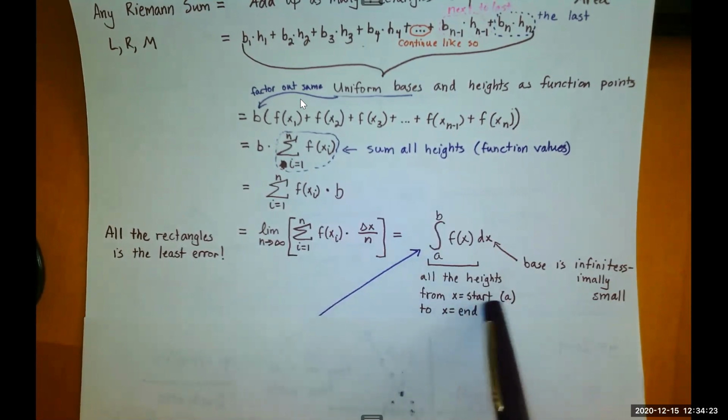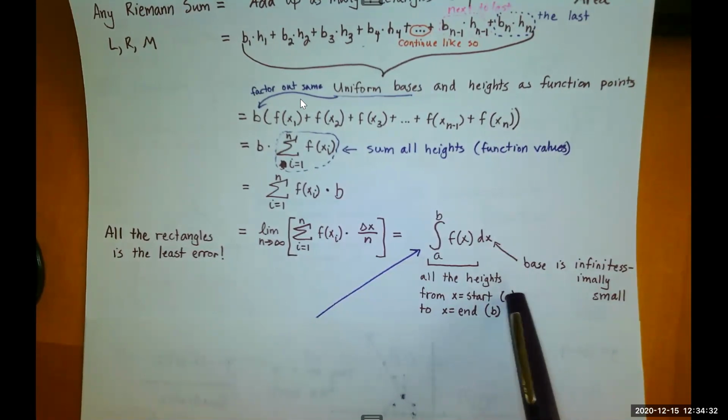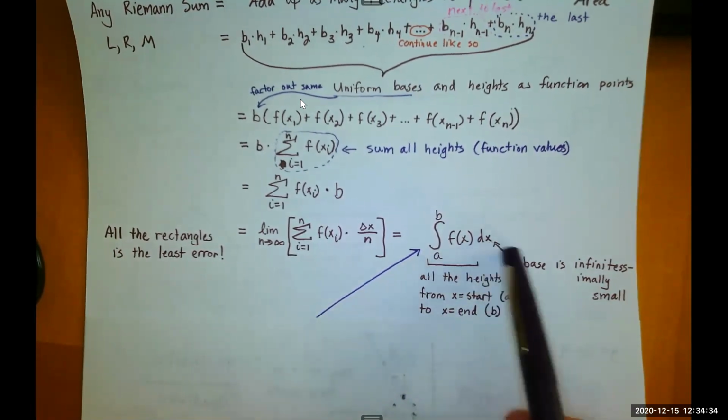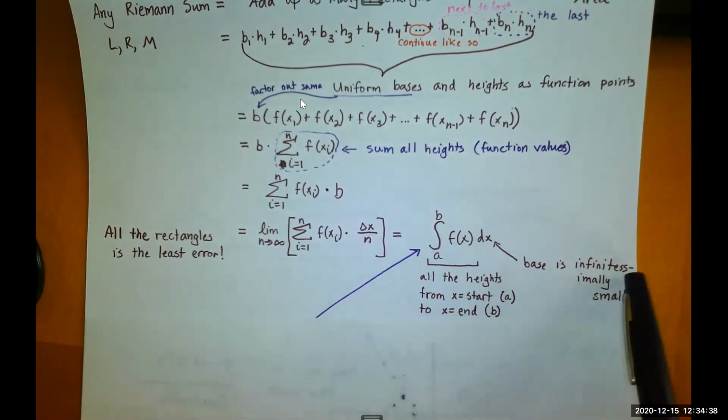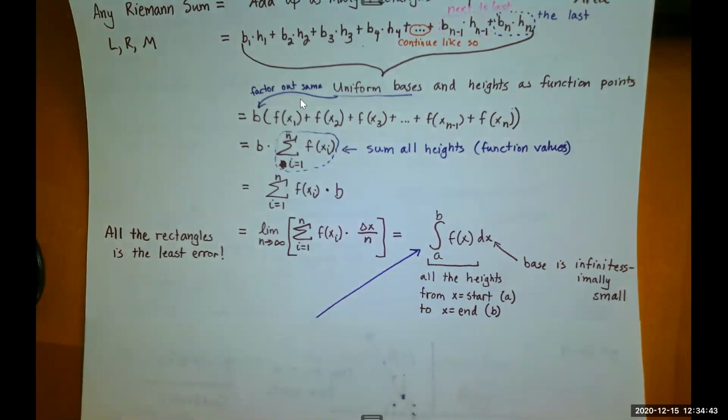We have A on the bottom, B on the top. A is the starting x value, so in the example I was just making up, 1. B, 8. So from 1 to 8. And then dx, this is the base length. The base, again, is infinitesimally small, so it doesn't change